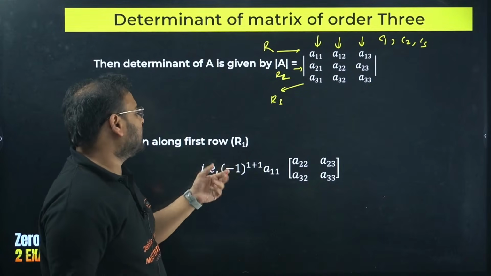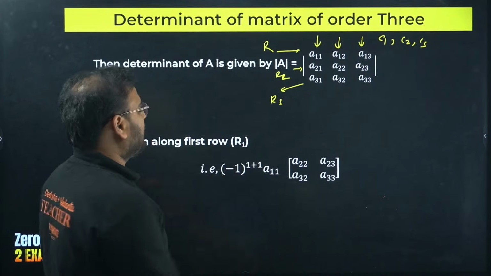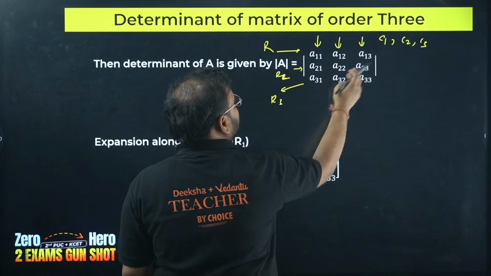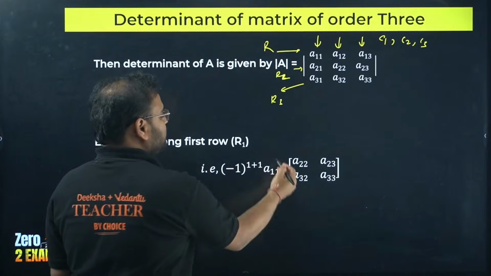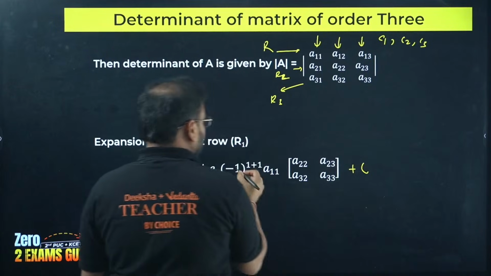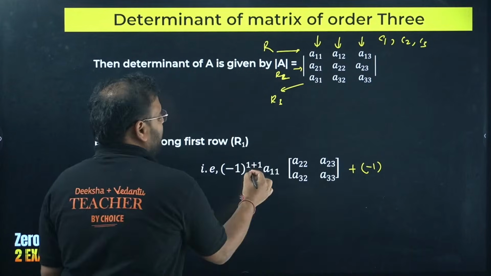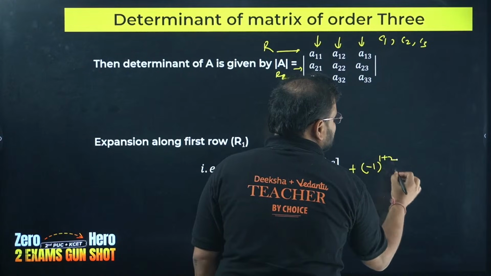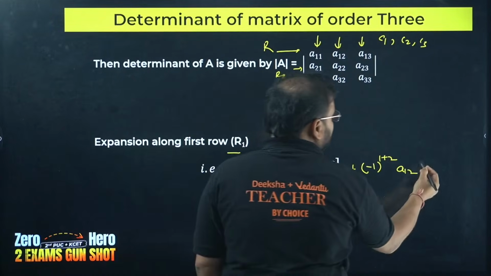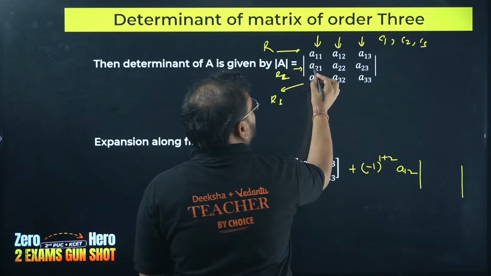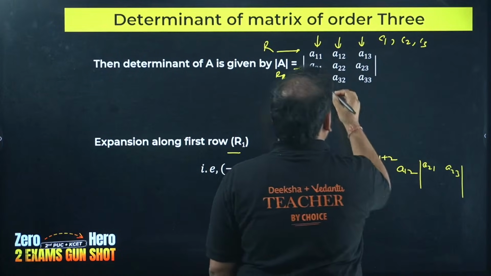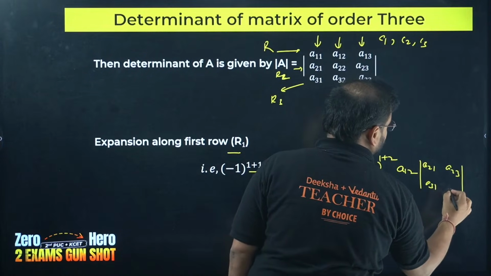For example, in this particular case, if you're expanding across row 1, start with this A11 and the remaining 2. You're going to find A22 into A33 minus A23 into A32. So that is the 2 cross 2 matrix. From A11, you next go to the same thing, minus 1 sign. This time you had 1 plus 1, you can write here 1 plus 2, and the next element will be A12. Why A12? Because I'm going along row 1. So A12 is my next element, and for the remaining matrix, if you remove this row and column, you'll get A21, A23, and over here A31 and A33.